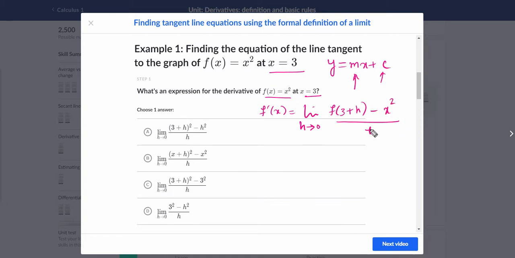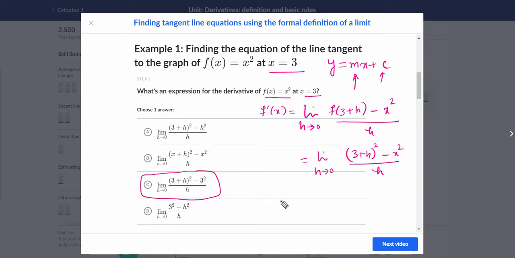So our function will be, in place of f of 3 plus h, we can write limit h approaches 0, 3 plus h whole square minus x square whole divided by h. So that would be this one,